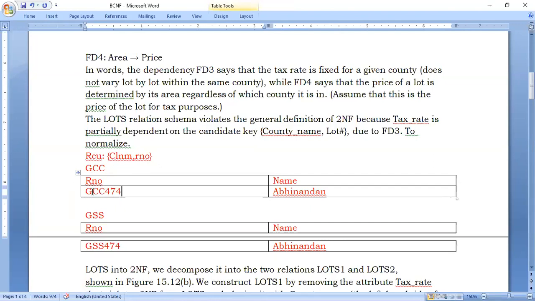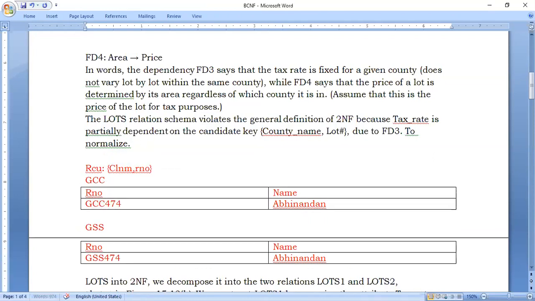Within the same college, definitely that roll number will not repeat. In Gokte college, there will be no two 474 roll numbers. It will be allotted to only one student. So when I take this combination, this also is qualified to become a primary key. So along with university seat number, this also can be a primary key.